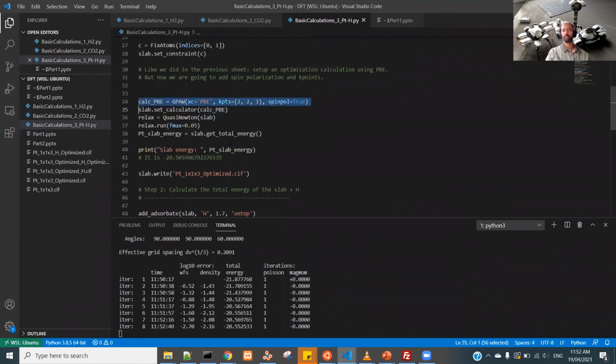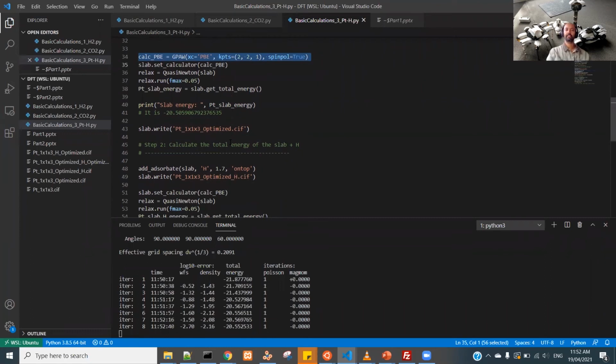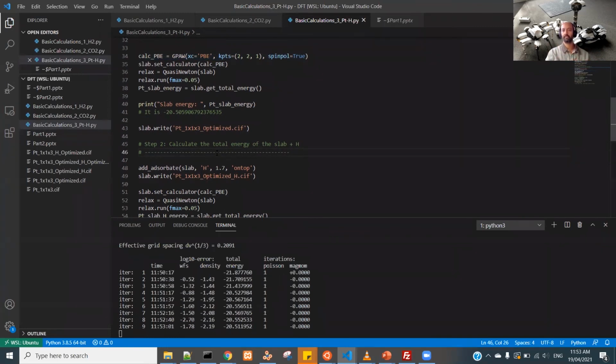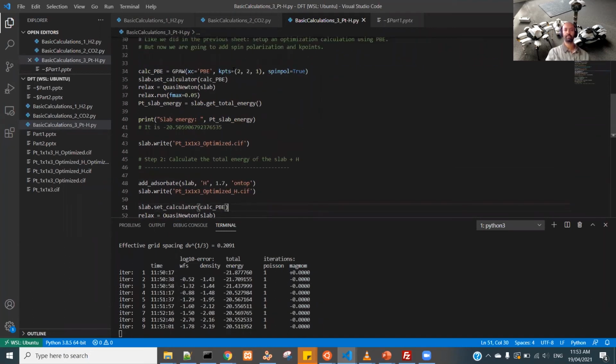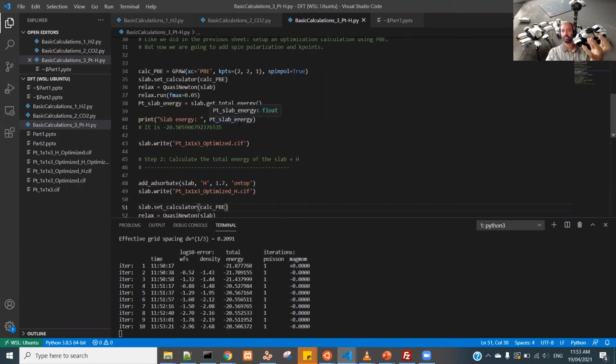It's also always important, of course, to use the same DFT settings for all of your systems or the subsystems in a surface, gas surface adsorption calculation. So we're using the same calculator here for the slab. And also, by the way, these are the same settings, apart from the K points, that we used for the H2 molecule. So we can just use the value of the total energy of the H2 molecule in this calculation, as I'll